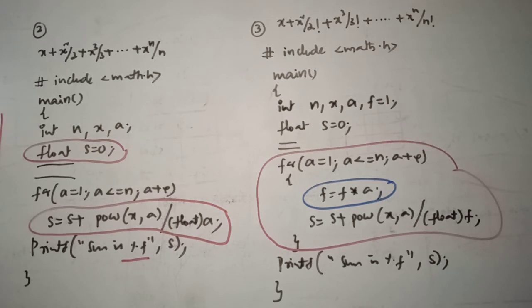For program number 1, I have given the steps of A1, A2, A3. You can check them against programs 2 and 3, and if any corrections are to be made, you can make changes. If you are a new programmer, completely new to the programming environment, you have to practice like this. And we have series like x minus x cube by 3 factorial plus and so on, and series like 1 minus x square by 2 factorial and so on. We'll be practicing sine series, cos series and some other series programs in coming sessions.